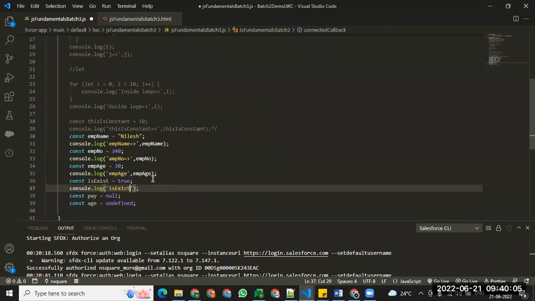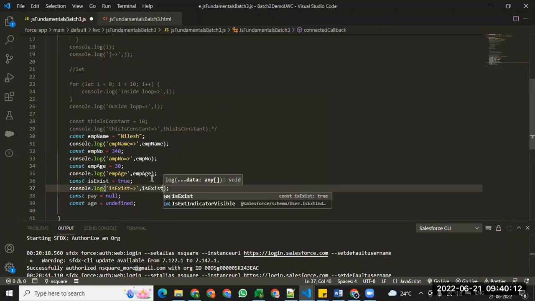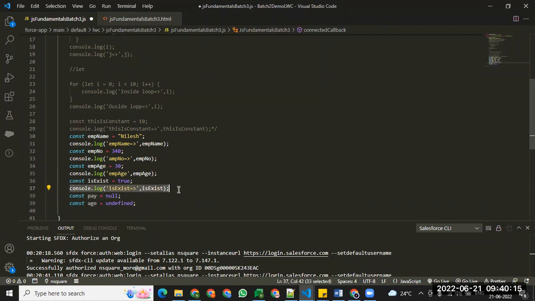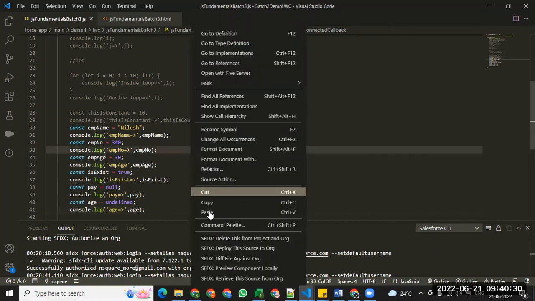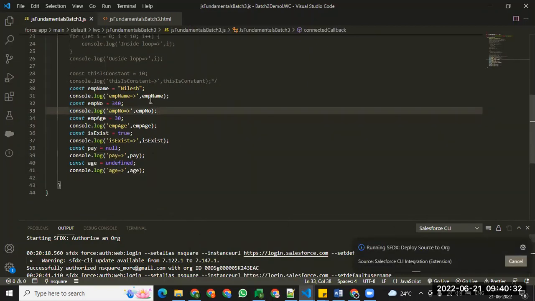Is exist. Okay. Then is exist. I'm just copying it. I'll deploy the source. So what JavaScript does is, whatever value you have to assign to that variable,